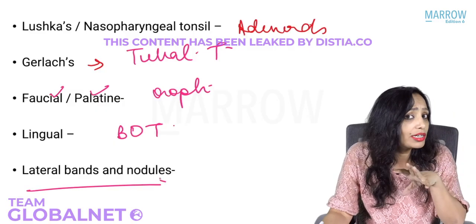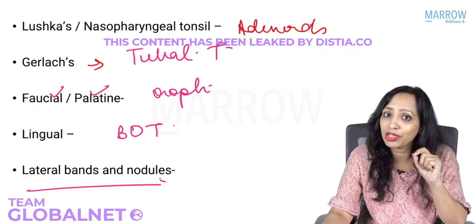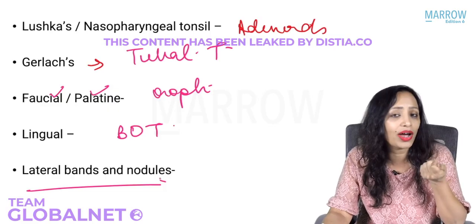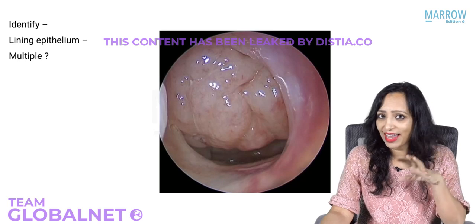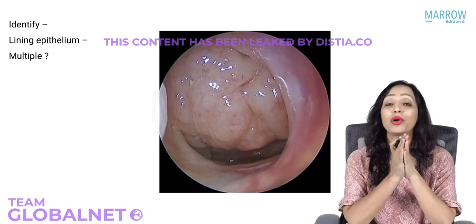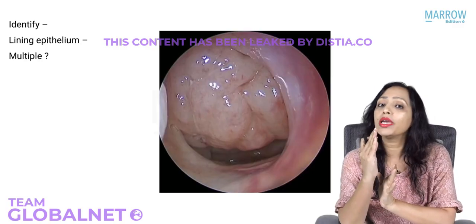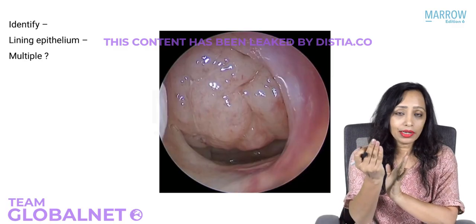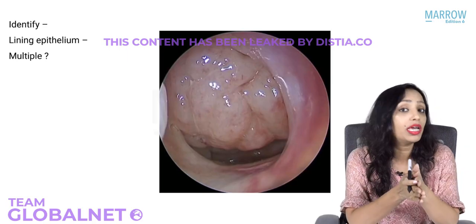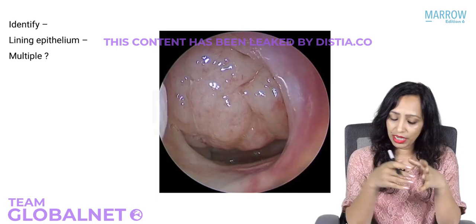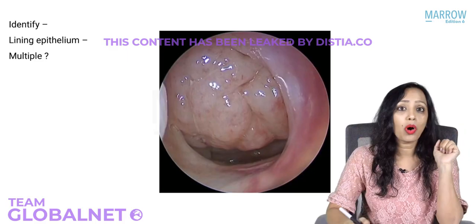Now let us quickly see how they actually look. These pictures are given to us, and we are expected to identify what these are. We have gone through the nasal cavity endoscopically. If we want to see the structures of the nasopharynx, how do we see it? Either by posterior rhinoscopy, through the oral cavity and oropharynx behind the uvula, or we can see it very beautifully endoscopically through the nose. So we have gone endoscopically through one nostril, and we are in the nasopharynx. What are we seeing?